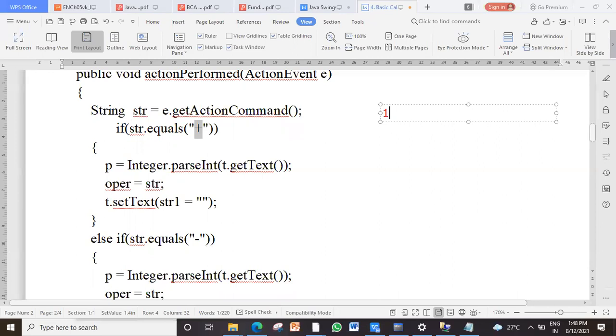Now what is going to happen? Once you click on button 1, that button is going to give its caption to the text field as it is. I want 12, so I click on the second button, 2.